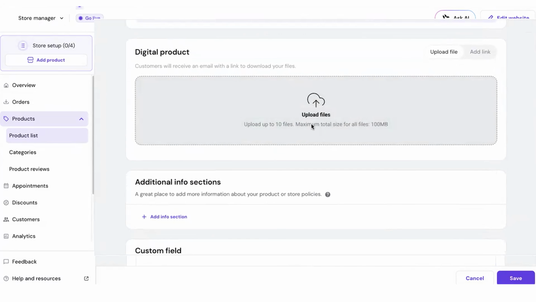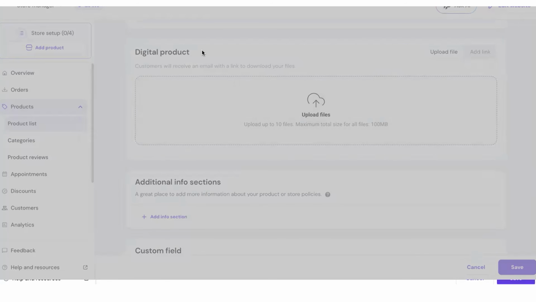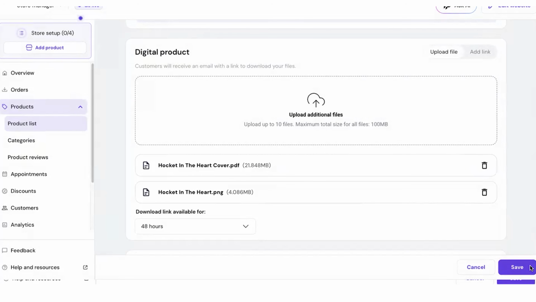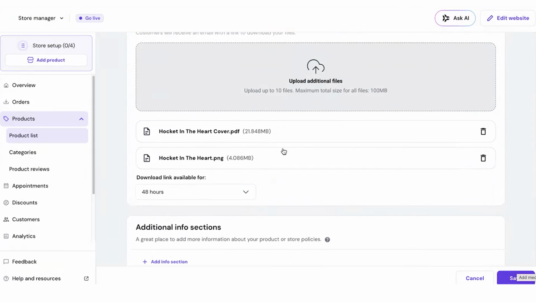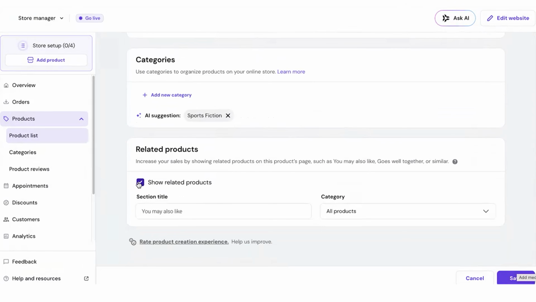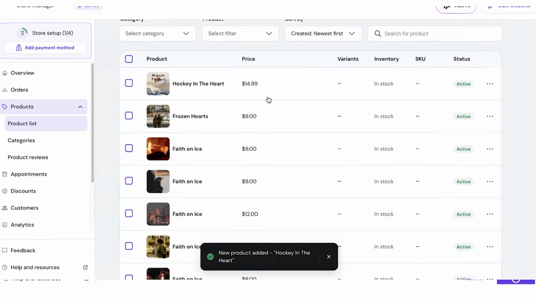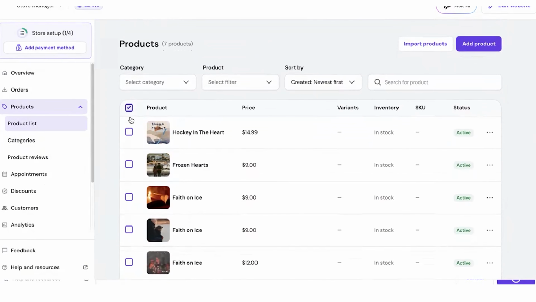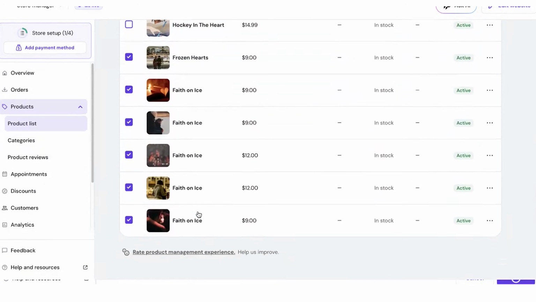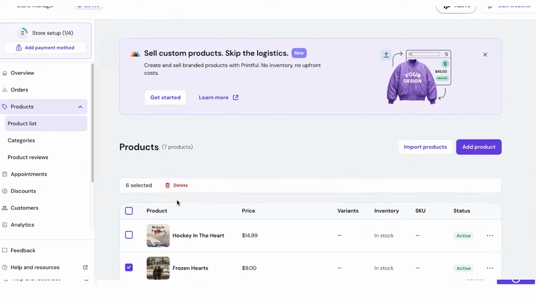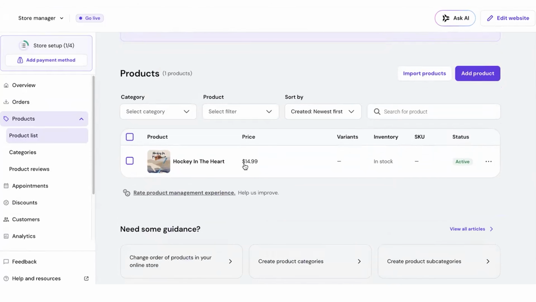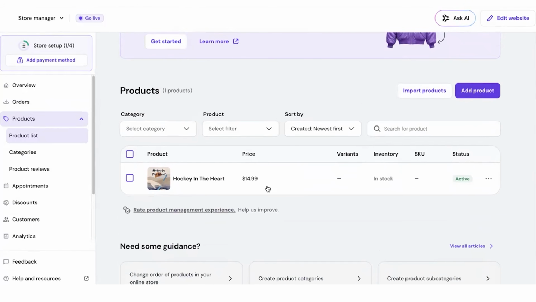And then right here is where you upload your actual PDF and your EPUB file. You would upload both, so as soon as somebody purchases, they can either just read the PDF or they can read the EPUB file on their Kindle device. And then I would go ahead and click save. Now you'll be taken to the back end of your product manager, your store manager. So delete all of these other ideas that the AI gave you and just keep the product that you just added. And again, you can add up to 1,000 products on here. So add away if you have more.